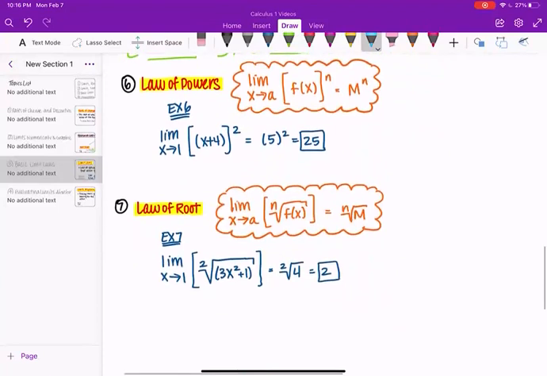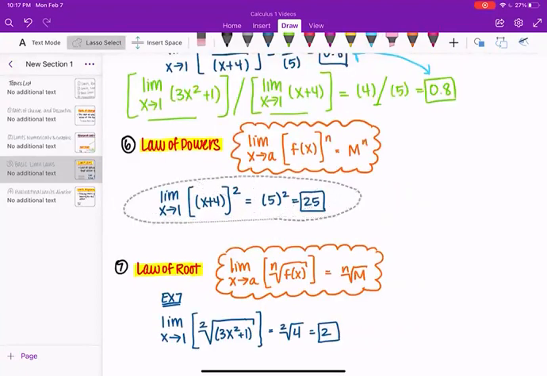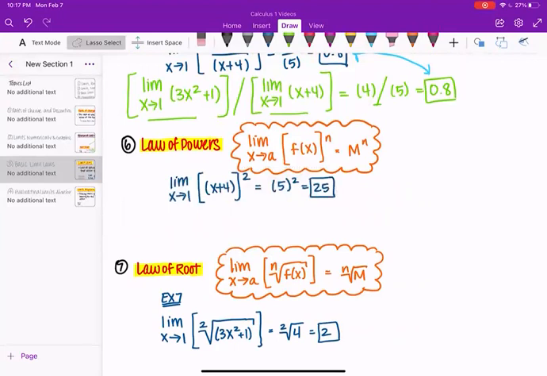The last two, again, are another coupled relationship, where if I were to take the limit of any function raised to the power of n, it would be the same thing as taking the limit of that function and raising the limit itself to the power of n. So what I should be able to say is the limit as x approaches 1